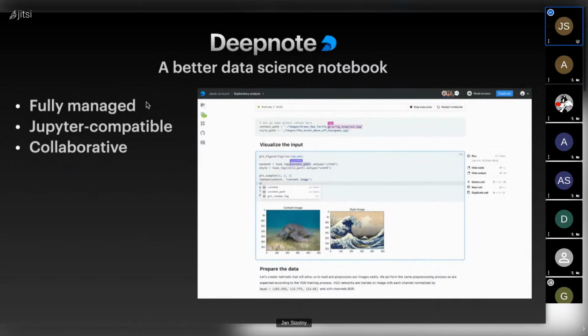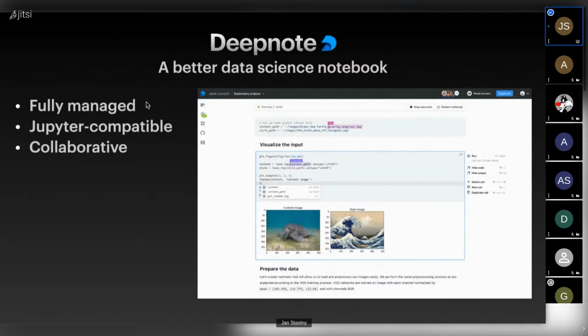A few words on what a notebook actually is, because this is not so common in the DevOps world. It is way more common in the data science world and their ecosystem, as opposed to traditional programming where you write the code and usually run it from the top to the bottom, from the beginning to the end. A notebook is organized into cells. You can see a couple of the cells on the screenshot here. Some of them are code, some of them are documentation.